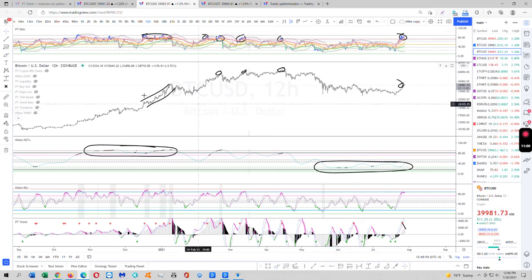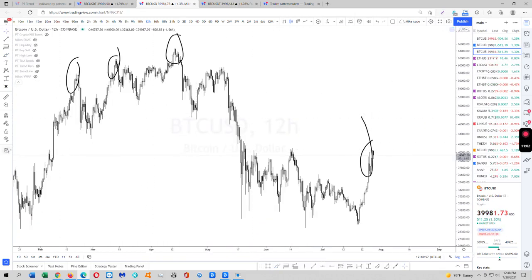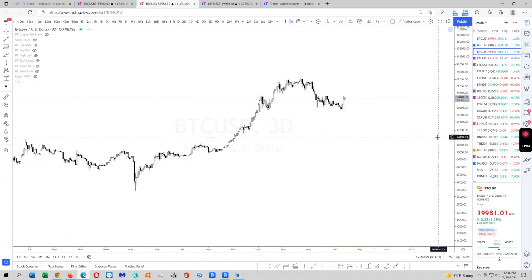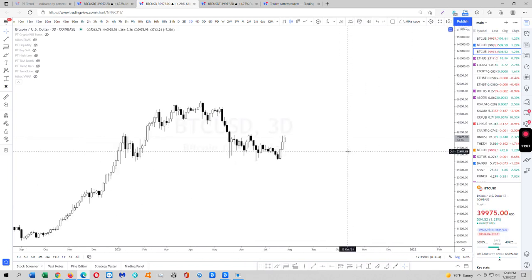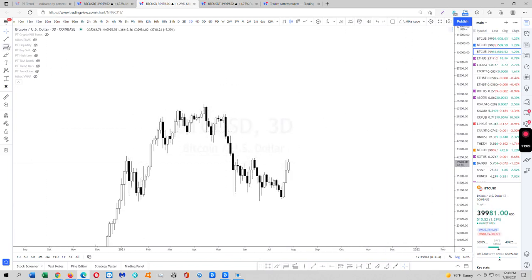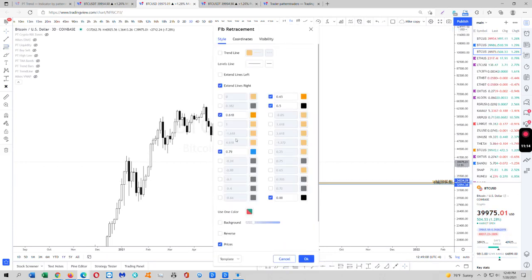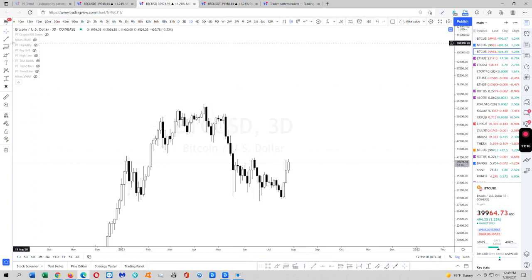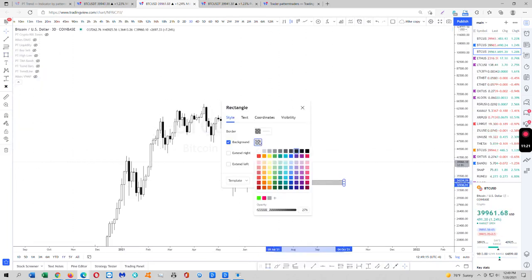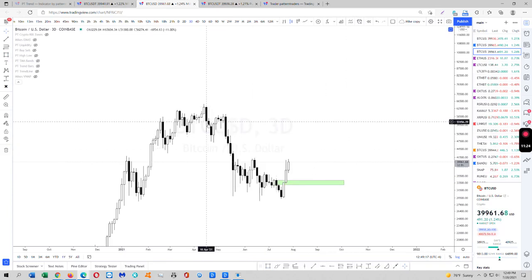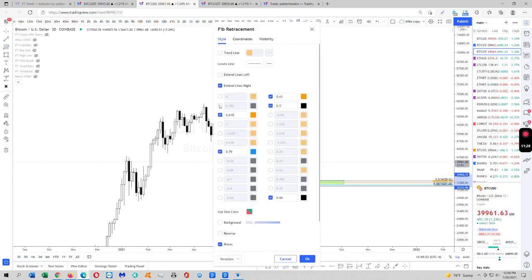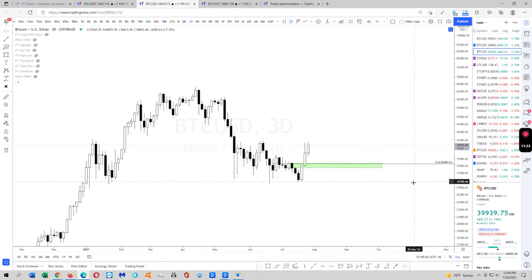Now, price action wise, guys. Delete everything. Go to your 3-day. Look at this beautiful mitigation block that we just created. Boom, boom. Put a 0.5 here. Actually, no, don't even put a 0.5 here. Put this over here, and then put a 0.5 on this. And there you go. I can't see us getting under that with ease.